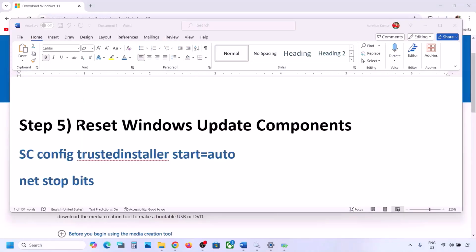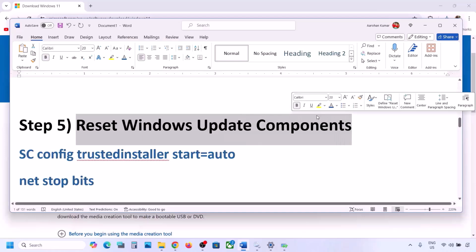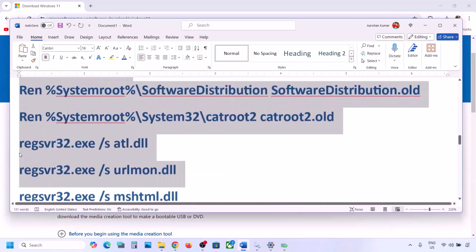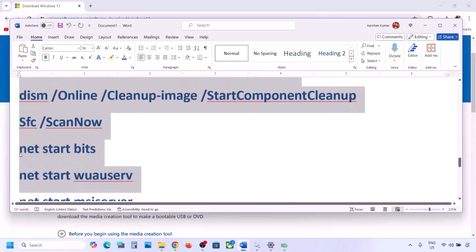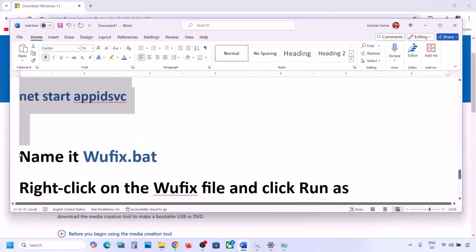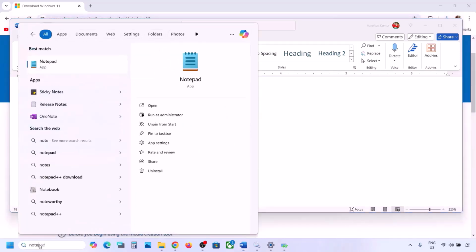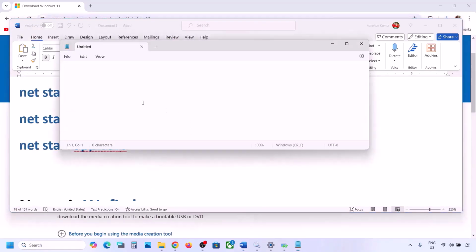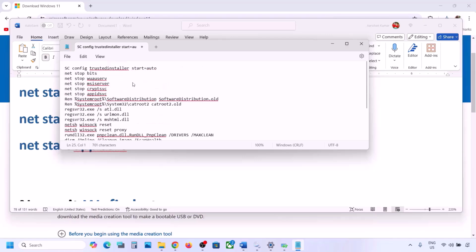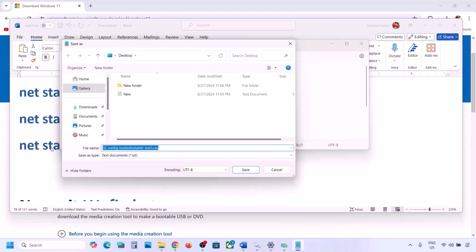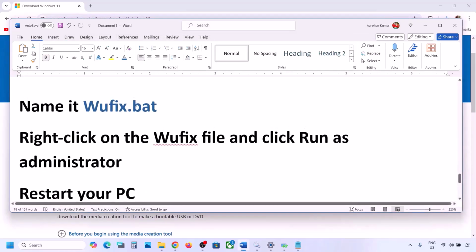Now the next step is to reset Windows update components. Now for this, copy all these commands. These commands are provided in the video description. So copy it till here. Now once you copy it, open Notepad on your computer, and then in the Notepad you can paste all the commands, and then go to file on the top, click on save as, and then you can name this file as